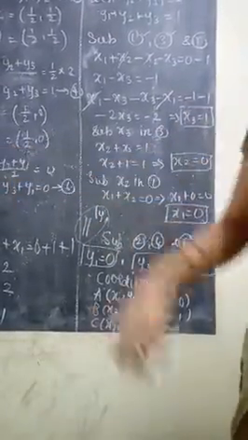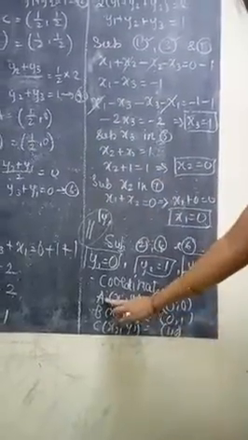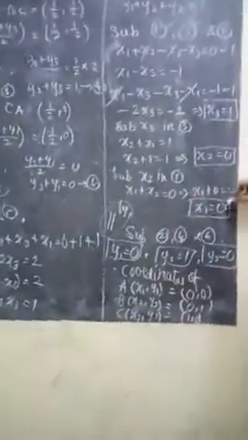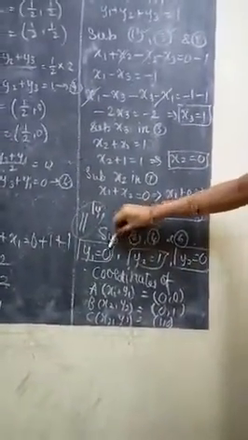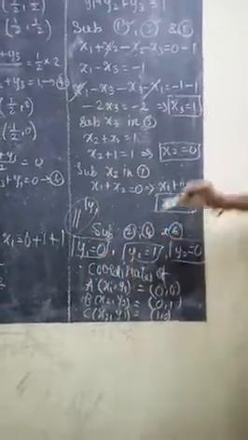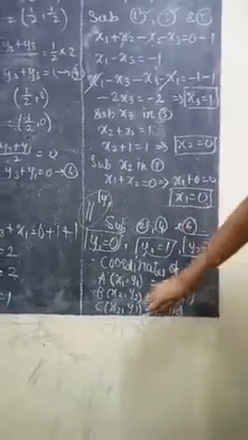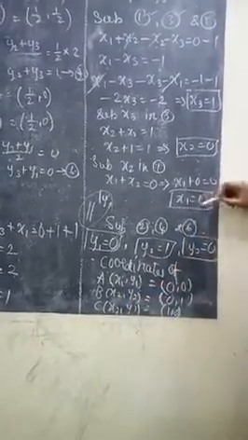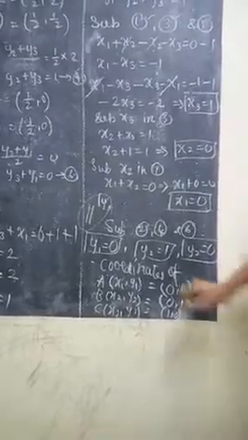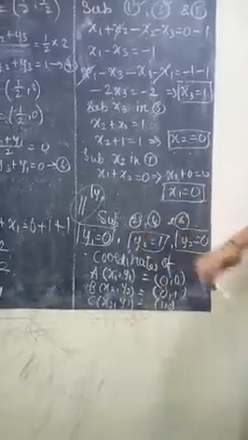Final answer: we need to find the coordinates of the vertices of the triangle. What is vertex A? We took x1, y1. What is the x1 value? 0. What is the y1 value? 0. So 0, 0. What are the B vertex values x2, y2? x2 is 0 and y2 is 1. So 0, 1. What is C? x3, y3. x3 is 1 and y3 is 0. So 1, 0. So the vertices A, B, C are (0, 0), (0, 1), (1, 0).